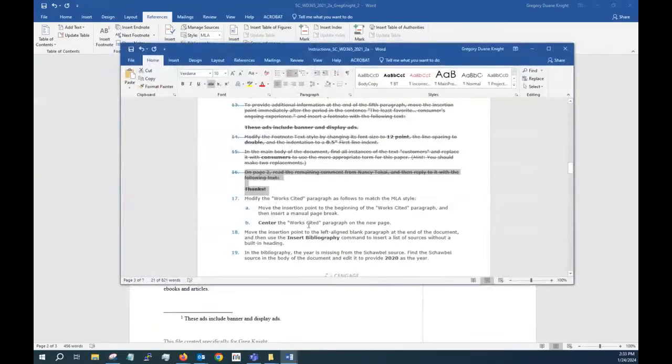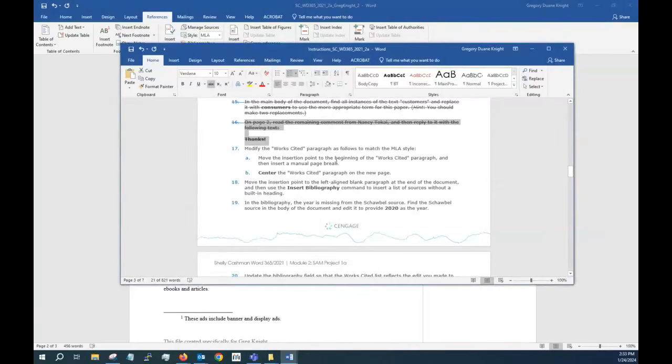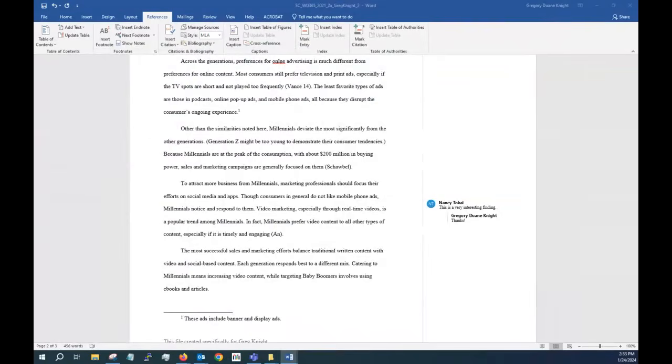All right, so step 17, modify the works cited paragraph as follows to match the MLA style. Move the insertion point to the beginning of the works cited paragraph and then insert a manual page break, center the works cited paragraph on the new page. All right, so